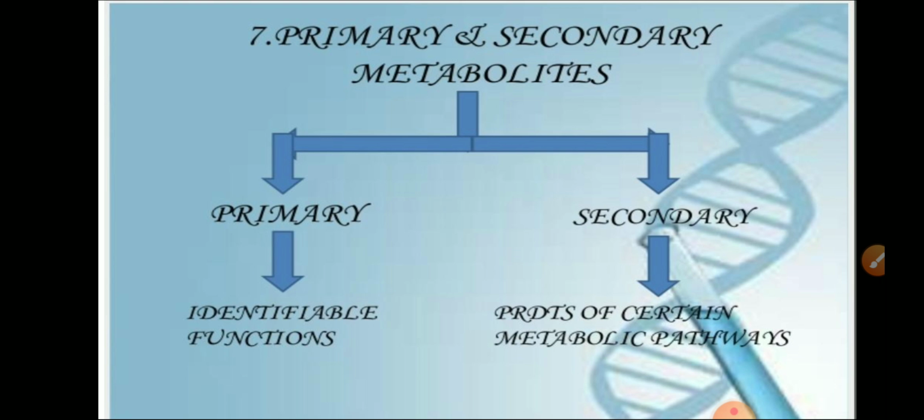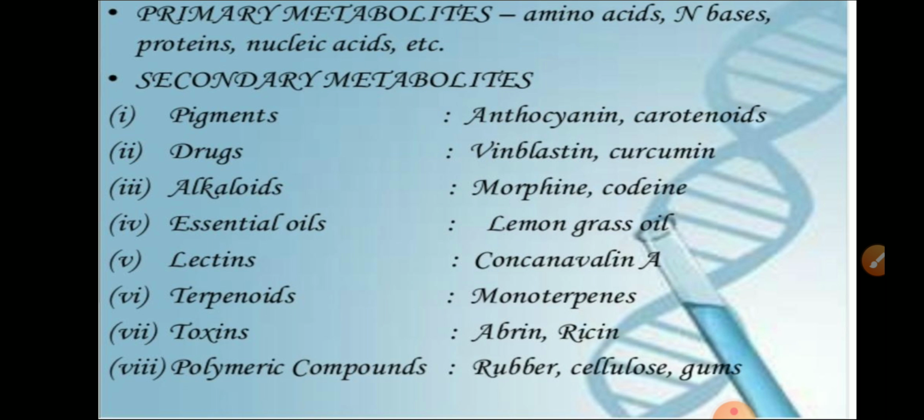Now we have the primary and the secondary metabolites. The primary metabolites have identifiable functions. These include carbohydrates, proteins, fats, and the secondary metabolites are the products of certain primary metabolite pathways. The primary metabolites are amino acids, nucleic acids, nucleotide bases, proteins, and the secondary metabolites include pigments, like